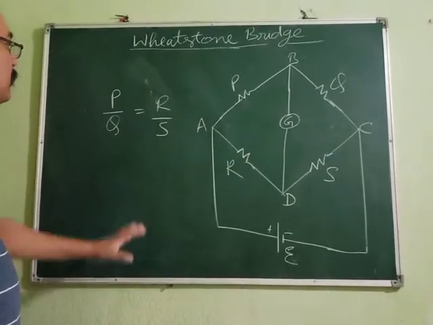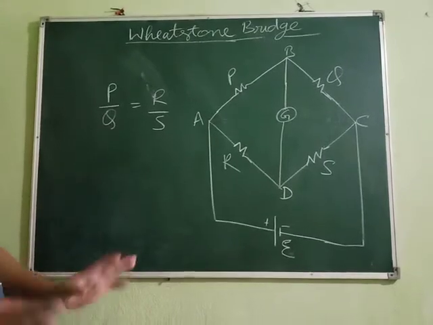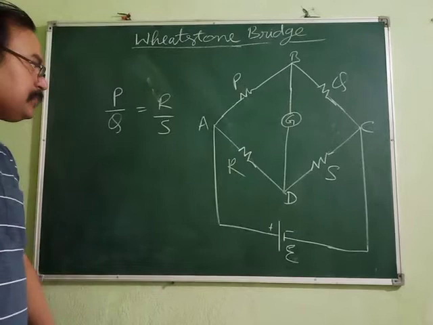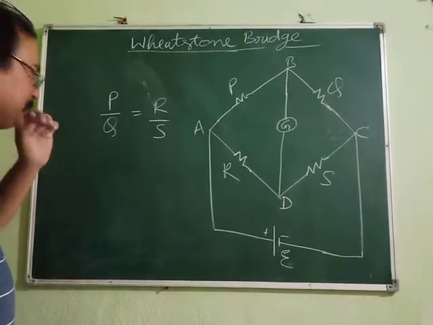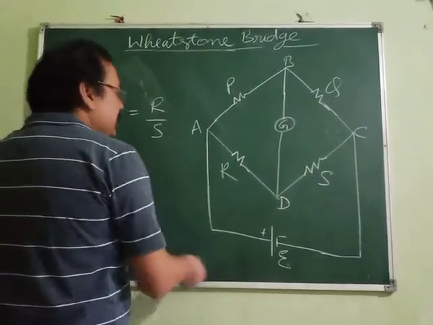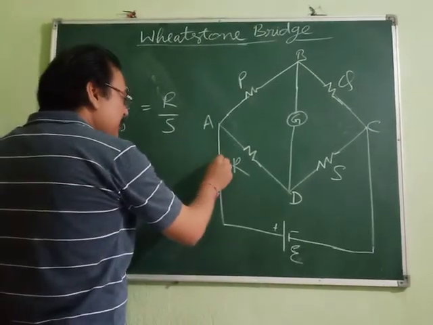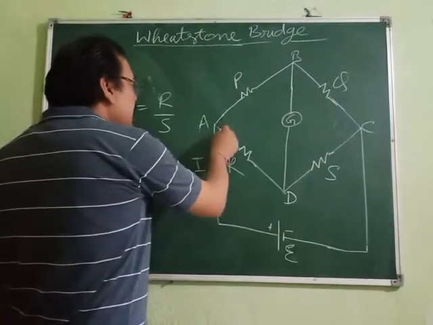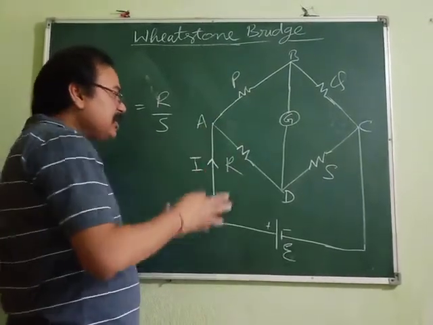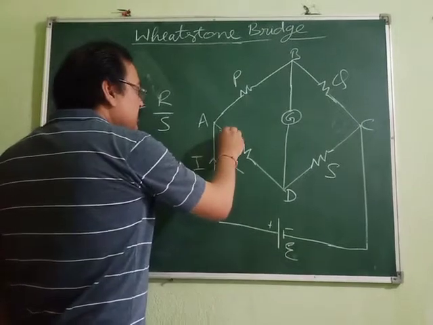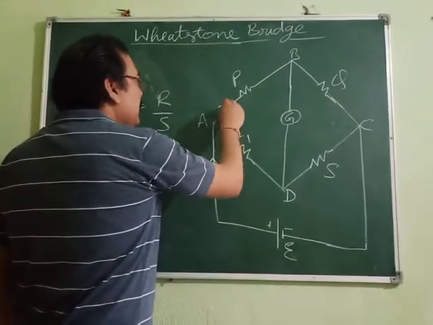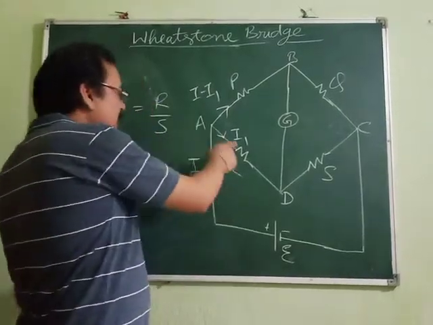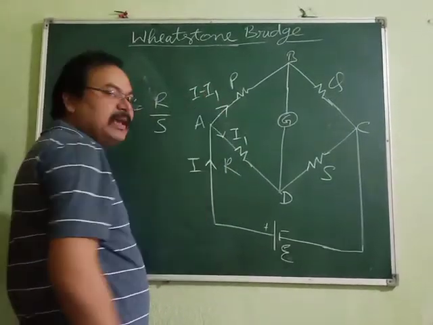Now we have to prove this. This was the statement of Wheatstone bridge. This is the diagram, and we need to prove it. For proving, suppose the current starting from here is I. Obviously, the current will start like this, and when this current I reaches the junction, it gets distributed. Suppose here it is I1, and then here it will be I minus I1, because I1 has gone this side, total was I, so the remaining is I minus I1.